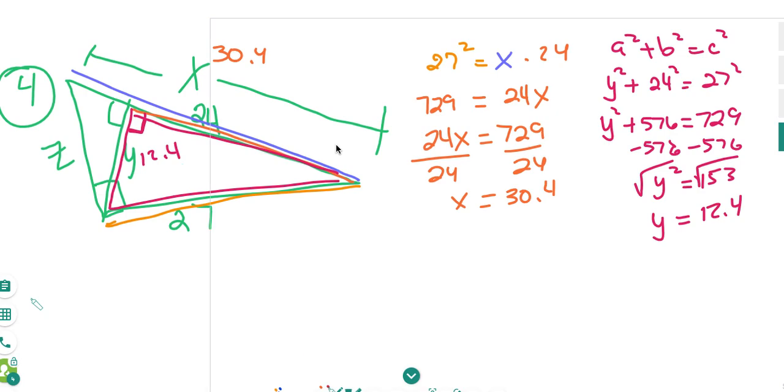So let's go ahead and take a look at this. If this is my leg, so then this is going to be z squared is equal to